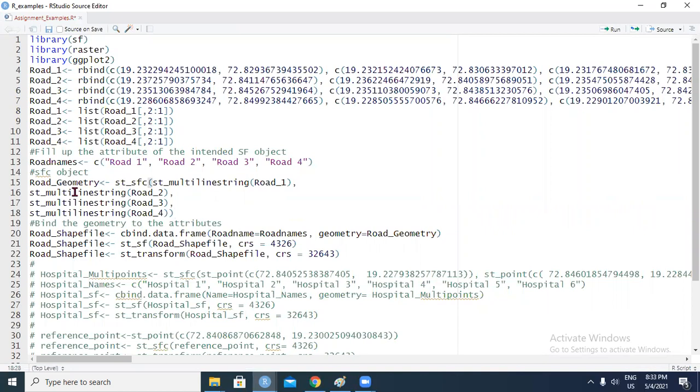So we record the geometry nevertheless, bind it using a cbind.data.frame to the attribute information that we have over here. And then we use the st_sf function to force it as a simple features object, and we give it a CRS 4326.